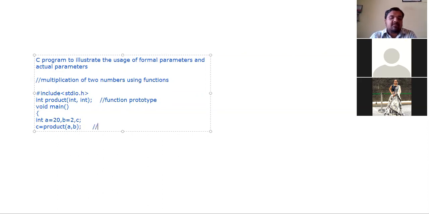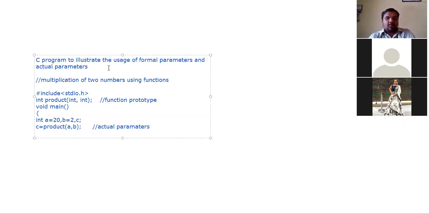These are nothing but your actual parameters, the variables used in the function call. C is equal to product of a comma b. What is the function call? Product of a comma b.